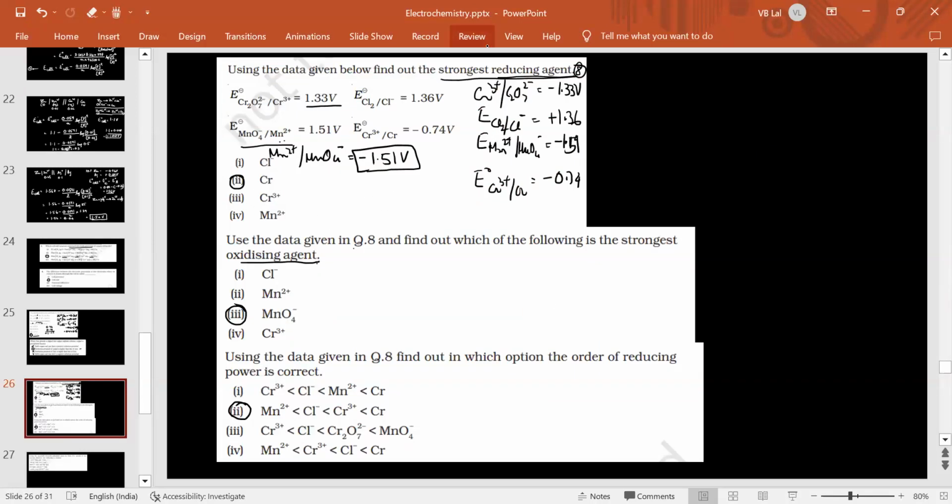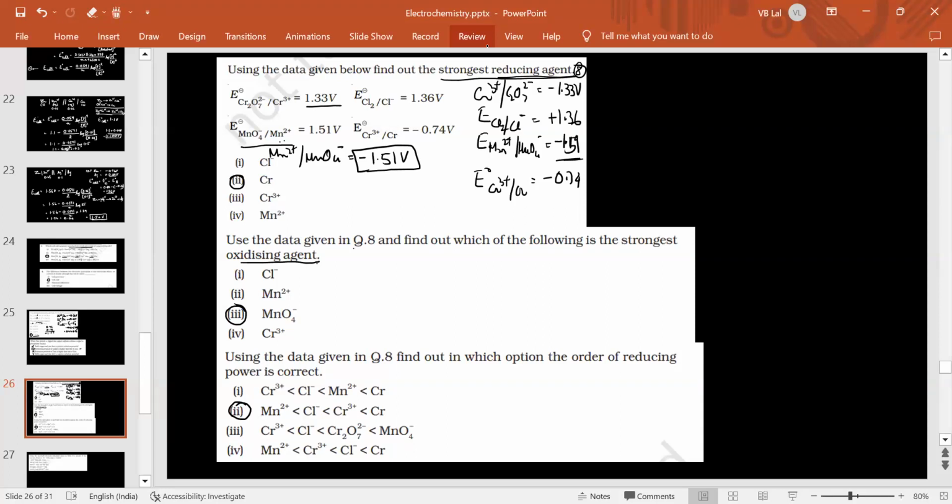So using the data given below, find the strongest reducing agent. Reducing agent is the one which has the lowest reduction potential because it will get oxidized easily. The lowest reduction potential is −1.51. And find out which is the strongest oxidizing agent. Oxidizing agent should be the one which has the highest reduction potential. Highest reduction potential is,